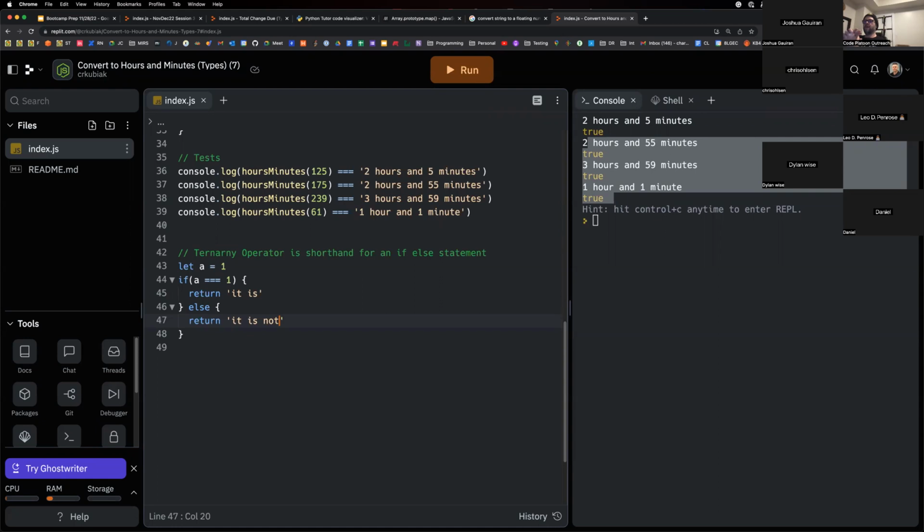Okay, so we've got one person. So if I want to convert this into a ternary operator, so I can say,